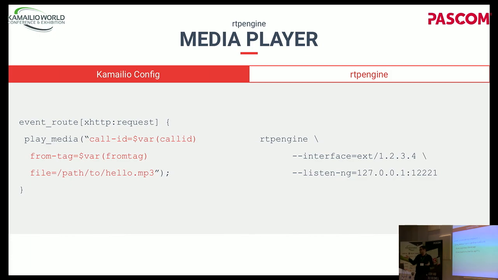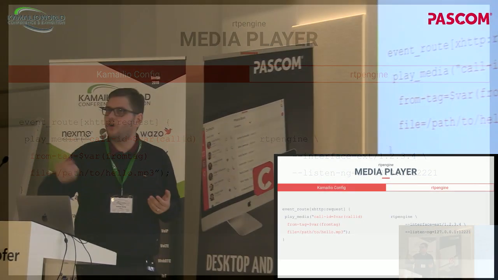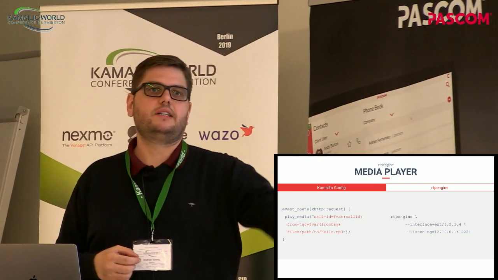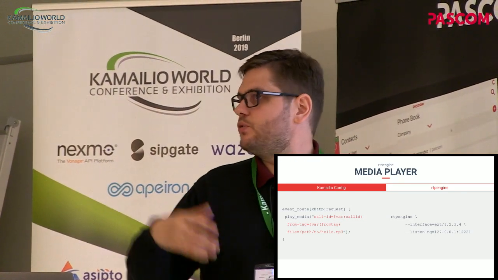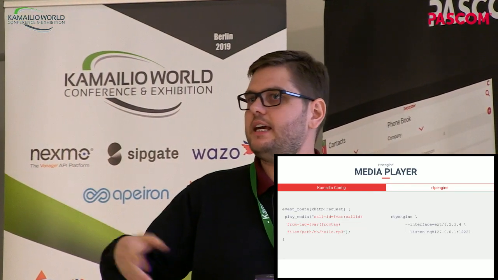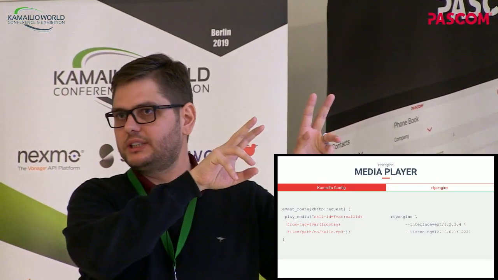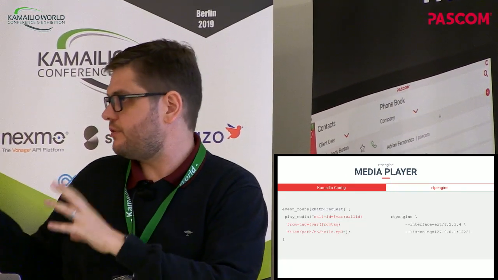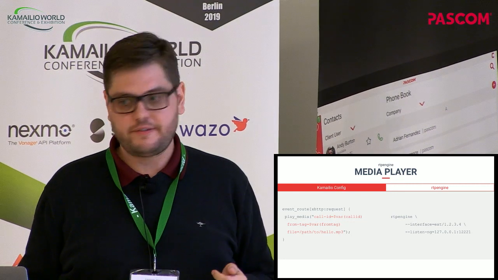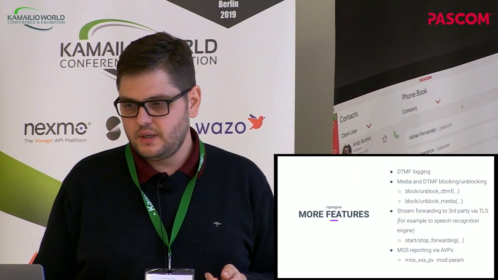So if you wonder, okay, how do I actually get my call ID and my from tag? There are different means, of course, in Kamailio. When you set up the call, you can, I don't know, store this information in Redis. You can send off an HTTP request to a third-party application telling it, hey, there's a new call between these two numbers, the call ID is this, and the tags are that. And then in this web application, for instance, you can react on that and implement this kind of stuff.